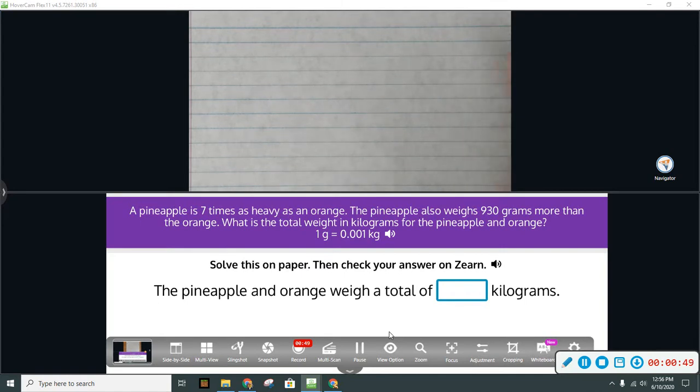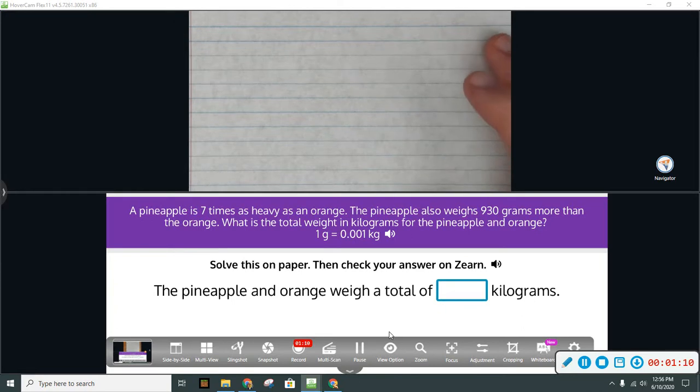There's a lot going on here. We have to think algebraically to try to figure out what the pineapple weighs. Well, the pineapple and the orange. We're also going to have to do a little conversion because it wants the answer in kilograms, but you're going to see we're going to be working mostly in grams. We're going to do some conversion there too. All right, first thing I'm going to do,